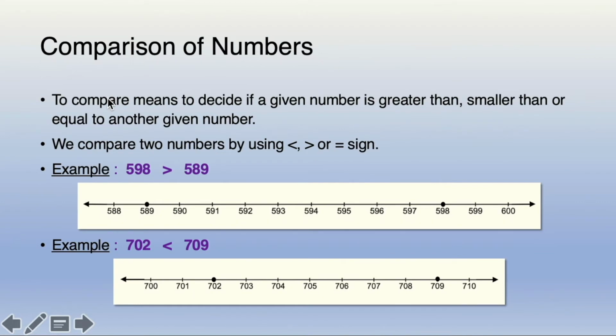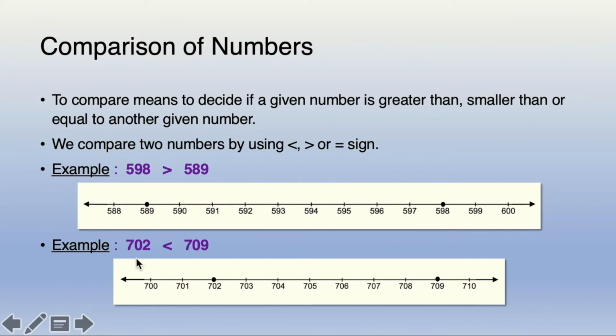To compare means to decide if a given number is greater than, smaller than or equal to another given number. So, we compare two numbers by using less than, greater than or equal to sign. Now, over here, the two numbers given are 598 and 589. Along this number line, we see that the number 598 comes after the number 589. So, 598 is greater than